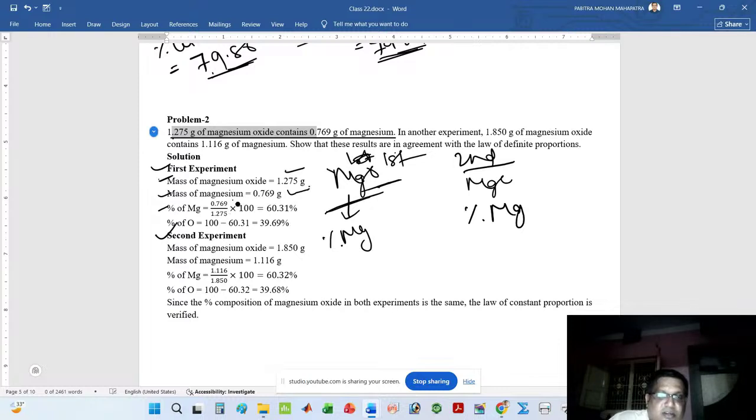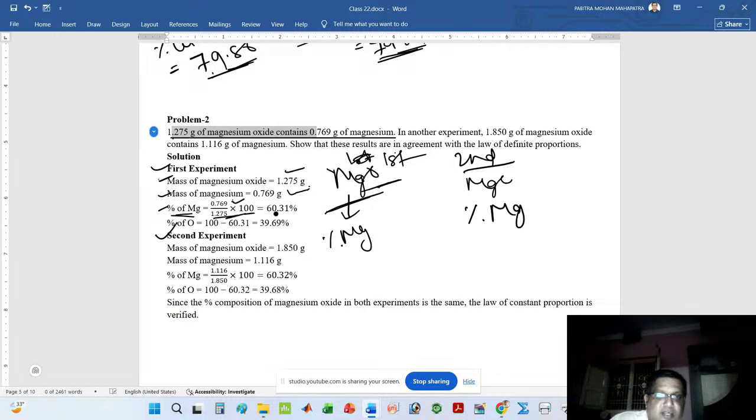Here weight of the magnesium is 0.769. Weight of the magnesium oxide is 1.275 gram. So I can write percentage of magnesium is equal to 0.769 divided by 1.275 into 100. If you solve this, then you will find